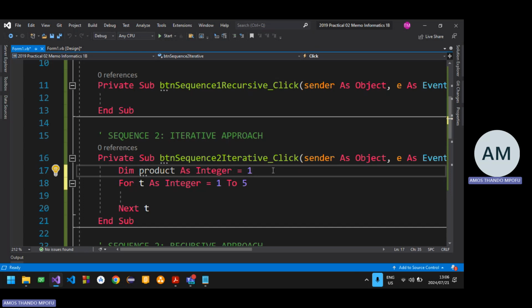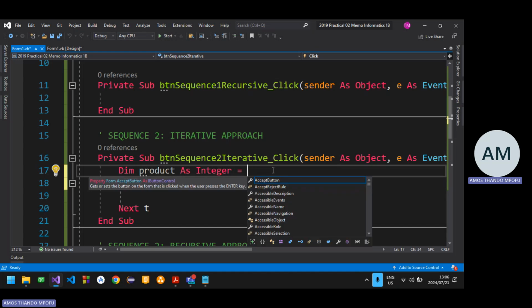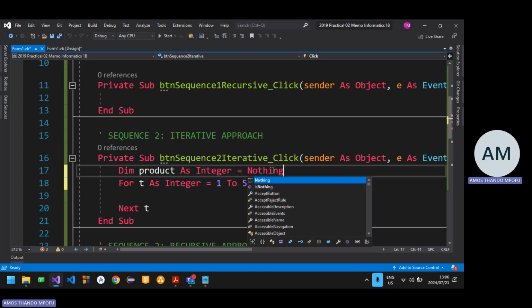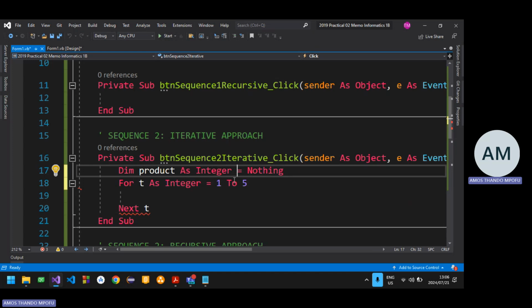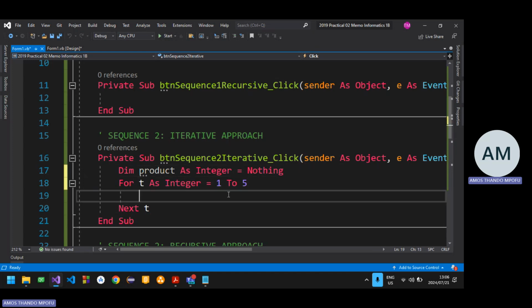So I can just initialize it to 1 because I know 1 won't change the number. Or if you're not sure what value to put, you could just say it's equal to nothing. There's a keyword Nothing. Just set it to nothing, like there's nothing in there. You can do that. It's allowed. But